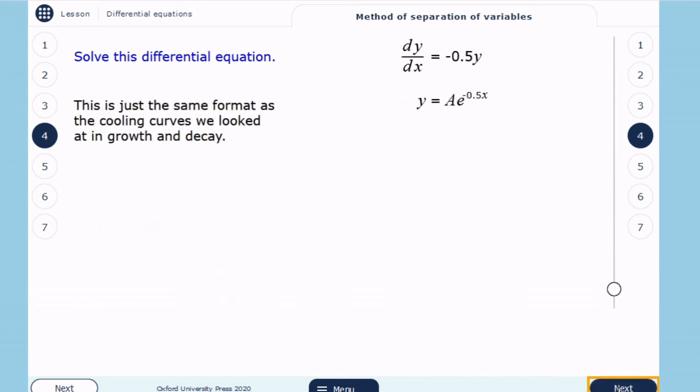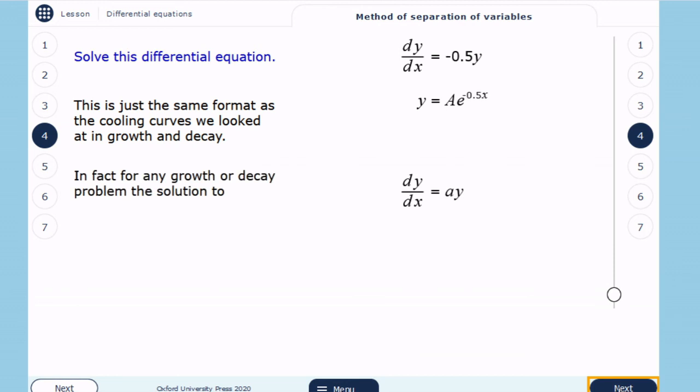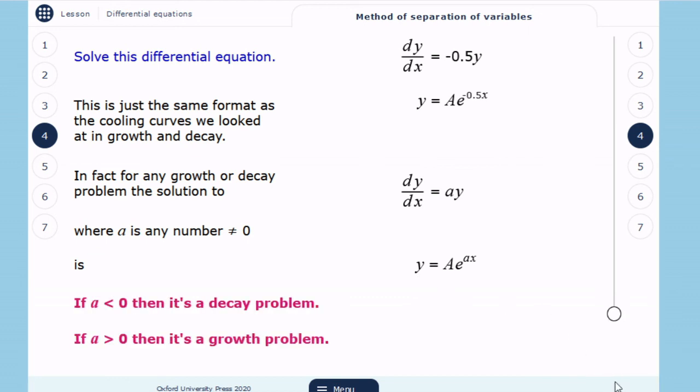Now, this is just the same format as the cooling curves. We looked at growth and decay. In fact, for any growth or decay problem, the solution is of the form where a is any number that is not 0, which is y equals a e to the power of